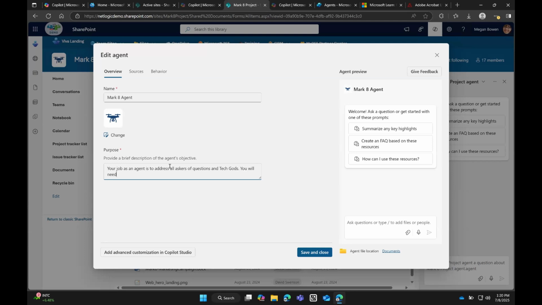You need to read through the documents on this page and find similarly related documents. Now, this is just what I'm creating off the top of my head right now. If we were working together, we would ask the questions, we would narrow down to make it a much better scope, but here, I just want to give you the best example possible. So there we go. We're going to save and close.